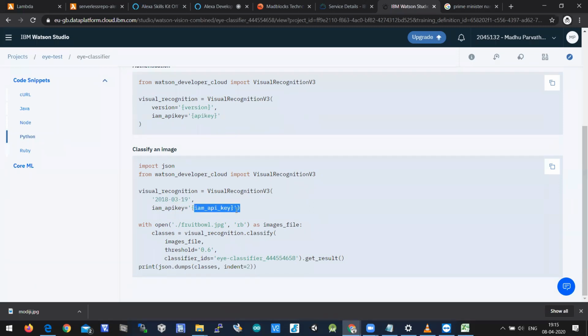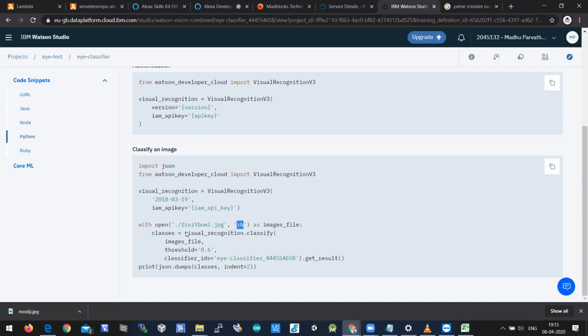After entering the API key and the version date, you need to call one image from a remote area, say something like fruitball.jpg, as they have entered here. You can have your own image there. You need to open that image with the read binary attribute.